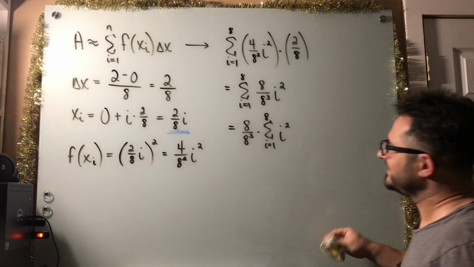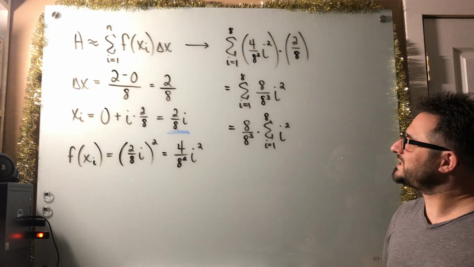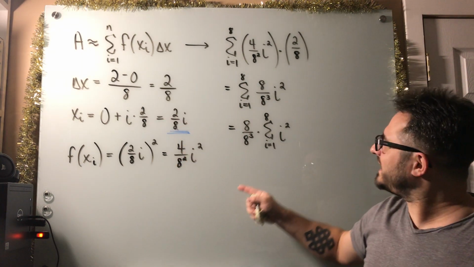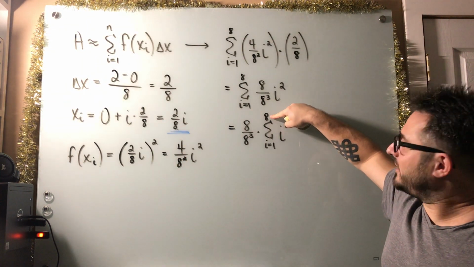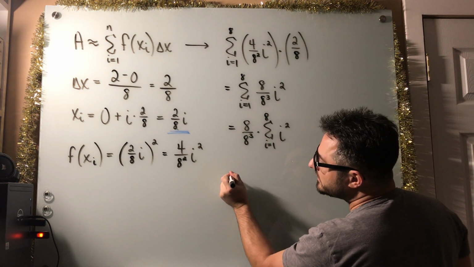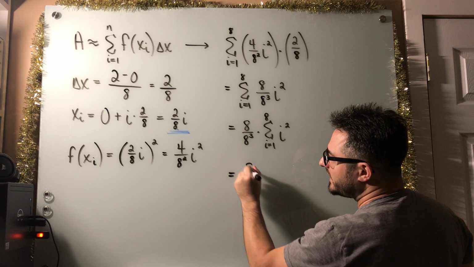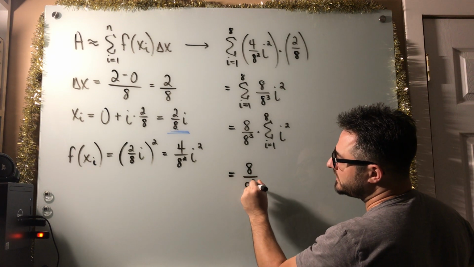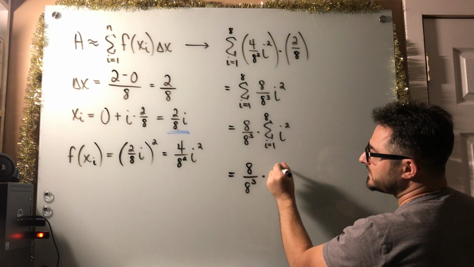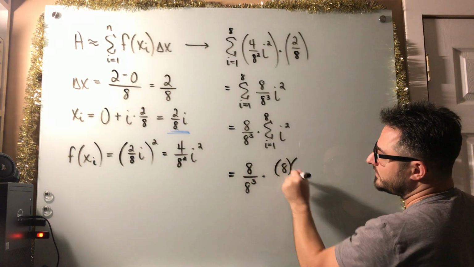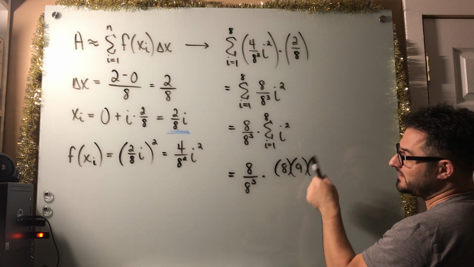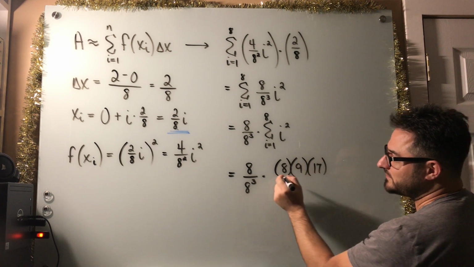So, isn't this great? I mean, so little has changed, really. The only things that are changing are the denominators of these fractions and the n, the upper limit of the summation. Otherwise, it's the same formula with a different value of n, of course. So we have 8 over 8 cubed, and then the formula for the sum of i squared, this time when n is 8. So we have 8 times the next value after 8, times the sum of those two numbers,